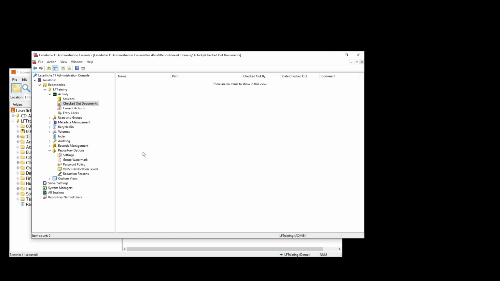If it's a checked out document from a user who is no longer employed, you're probably going to have to force the checkout and check it back in, which unfortunately will not save the settings on that checked out document. If the user had checked it back in, all those changes they made would be uploaded into the system. But if you have to force a checkout document back into the system, it basically just breaks the checkout